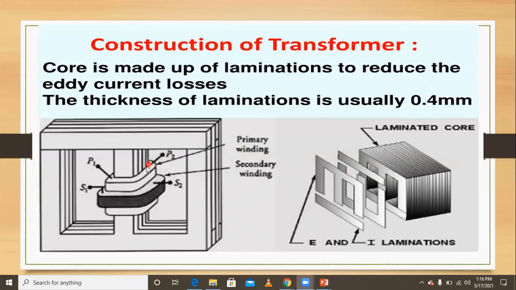The primary winding is placed near the core, and the secondary winding is placed laterally because of insulation requirement. If the low voltage winding is placed near the transformer core, low insulation is required. If the high voltage winding is placed next, lateral to the low voltage winding, then the insulation requirement is less. If you design it so that the high voltage winding is placed near the transformer core, the insulation requirement is more. But this is generally called a shell type transformer. I will explain it in a later class.